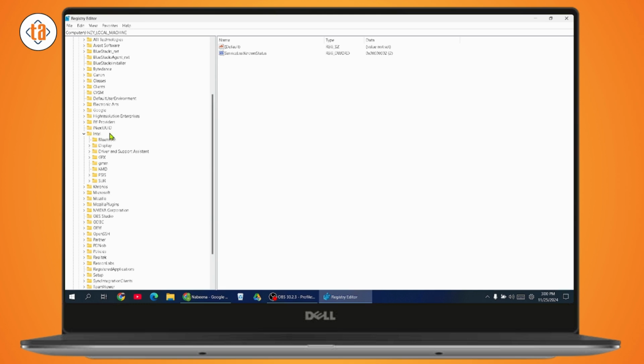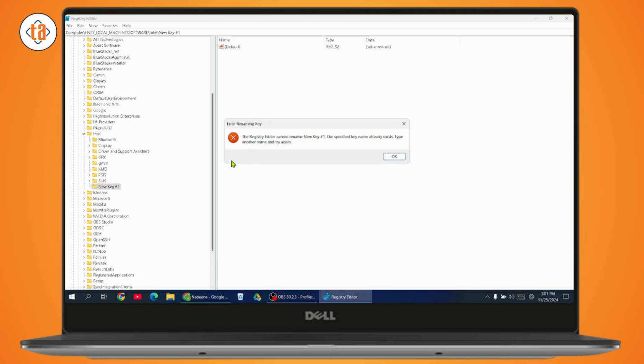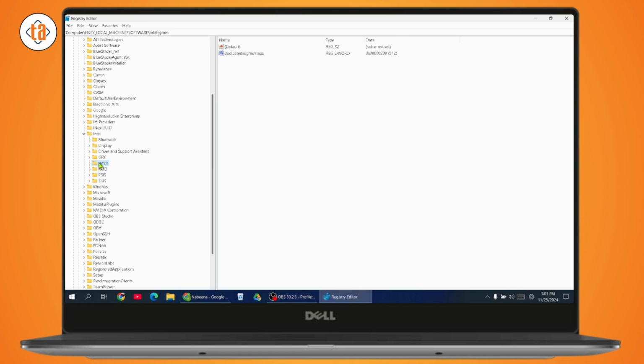Once you're under the Intel, right click on it, go with new, and go with key. And once you've created your key, simply give it a name, which is GMM. Make sure that it's all capital, and then enter. And if it says you cannot rename because it already exists, then just go with the existing GMM. Once you have the GMM folder, go with the right side,